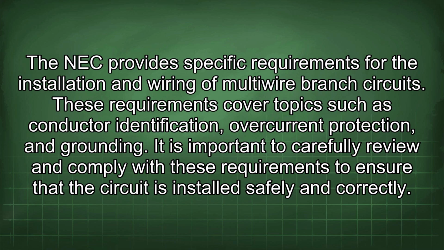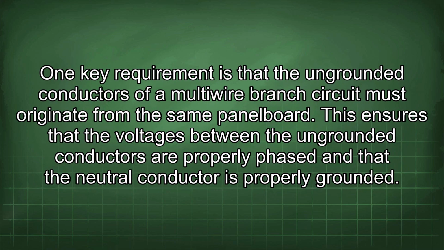These requirements cover topics such as conductor identification, overcurrent protection, and grounding. It is important to carefully review and comply with these requirements to ensure that the circuit is installed safely and correctly. One key requirement is that the ungrounded conductors of a multi-wire branch circuit must originate from the same panel board. This ensures that the voltages between the ungrounded conductors are properly phased and that the neutral conductor is properly